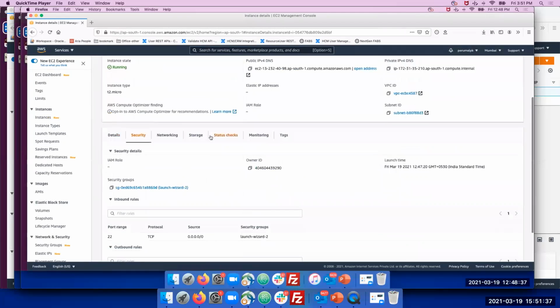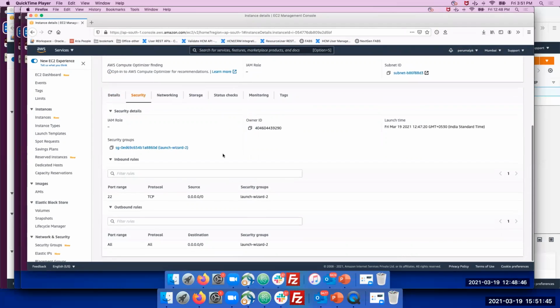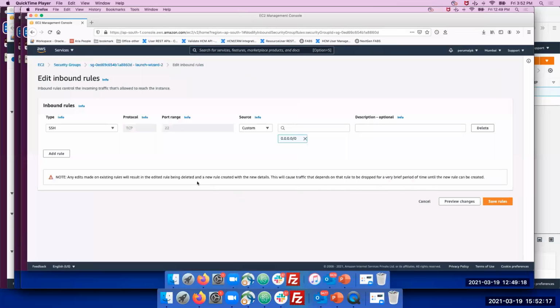Security group, as I told you, is a kind of firewall setup for our EC2 instance. It's configurable. While creating the EC2 instance, we went with the default inbound rules. Inbound rules means by default SSH is enabled on port 22. It's accessible from any system, which means the source is 0.0.0.0/0, so it's accessible from anywhere using port 22. Okay, so we can edit those rules.